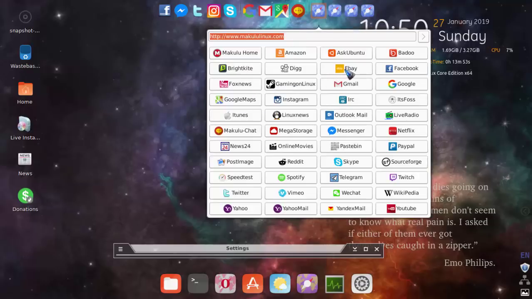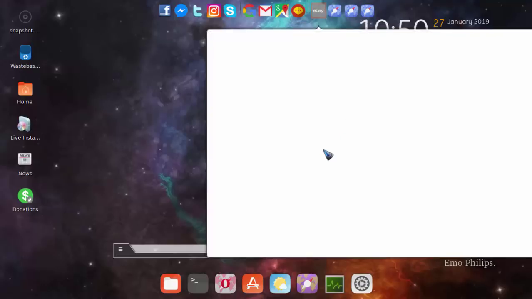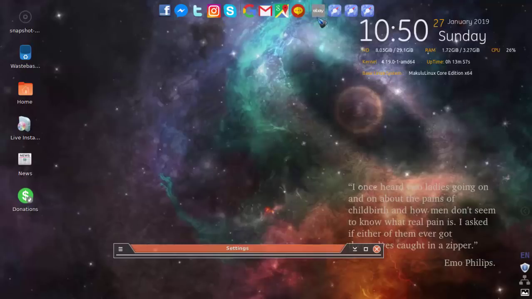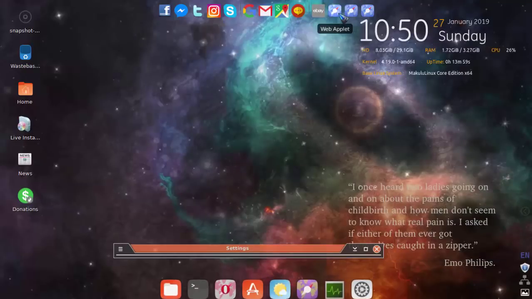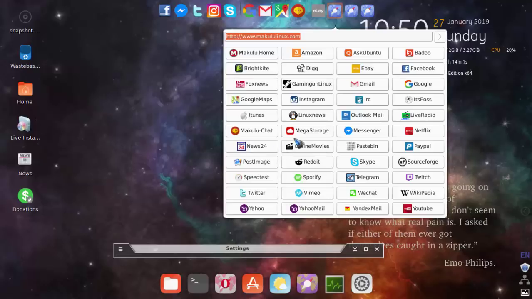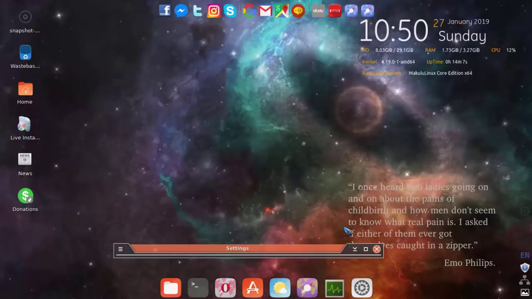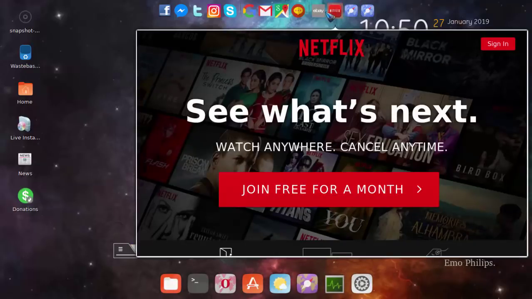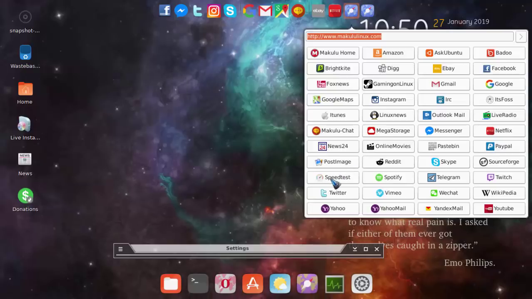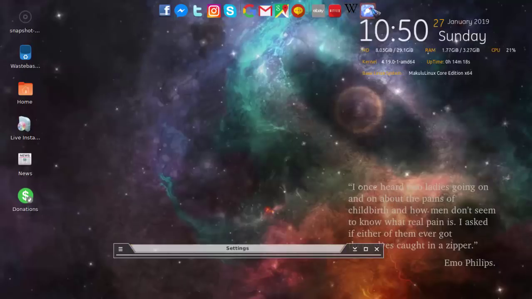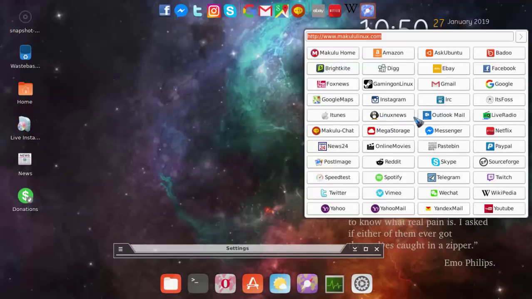If you like using eBay, you can select eBay and there we go. And if you want to choose anything else, maybe PayPal or Netflix, you can select Netflix. Once you assign it, just close it and then open it again. It refreshes. And maybe we've already got Twitter. Maybe, let's see, Wikipedia. You can assign one to Wikipedia and one maybe to